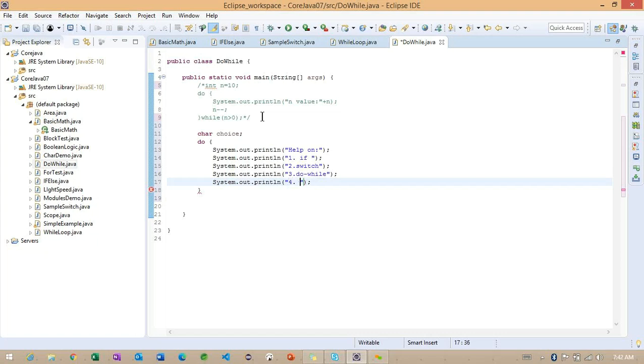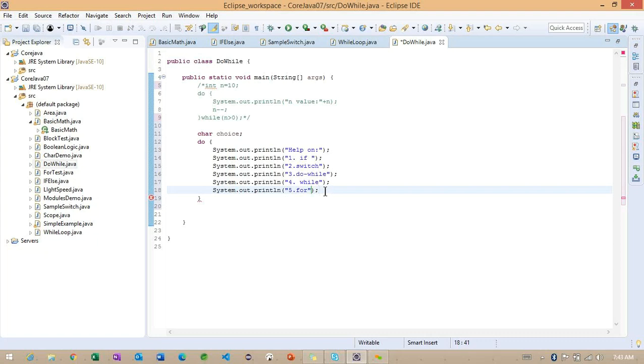Here we can make the fourth one while, with some message, and the fifth one for loop. So these are the options here.